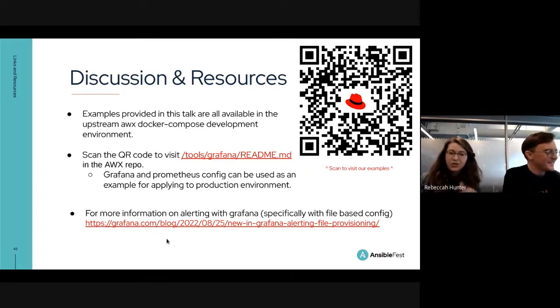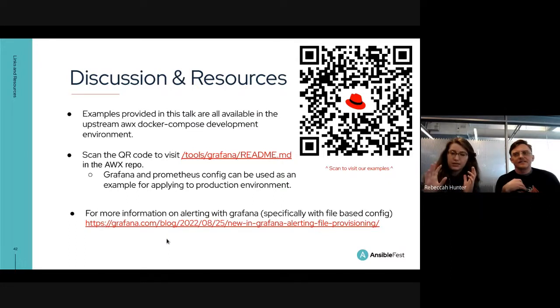The other thing we want to note is this new file-based provisioning: you cannot edit the file-based provisioned alerts. You can for the other things, but file-based provisioned alerts are a relatively new feature in Grafana. Hopefully we'll be able to edit those in the future, but right now you cannot.